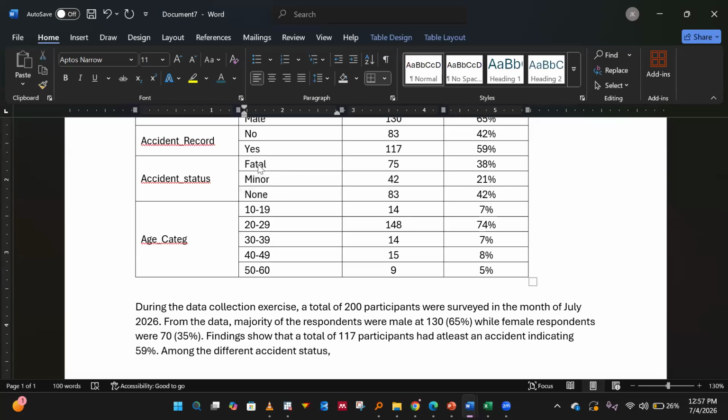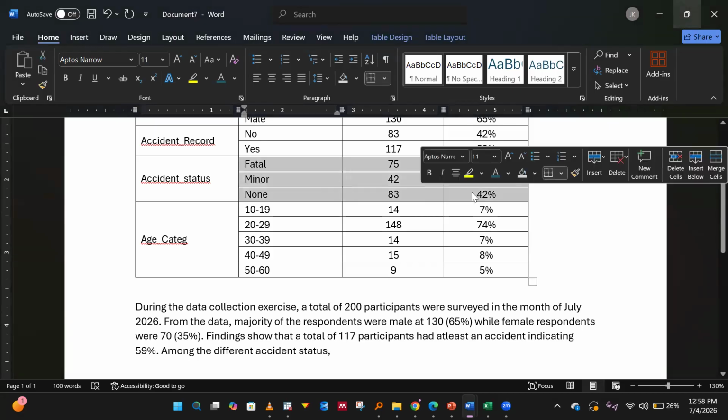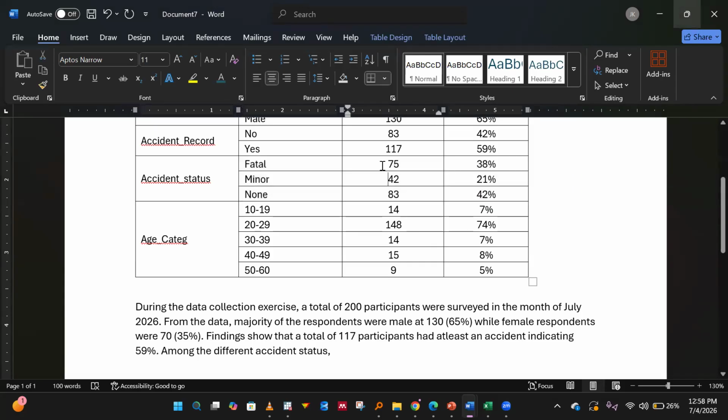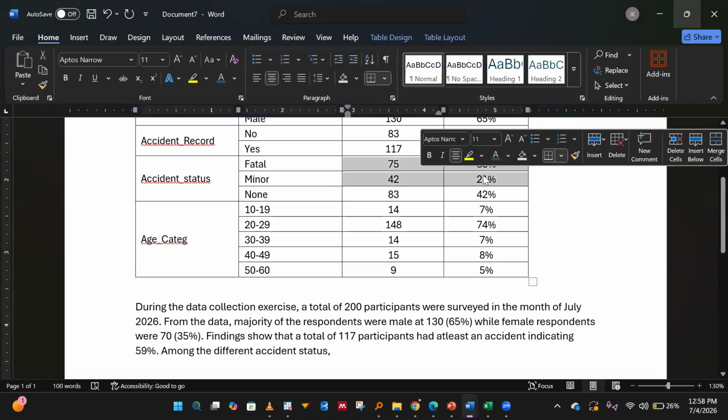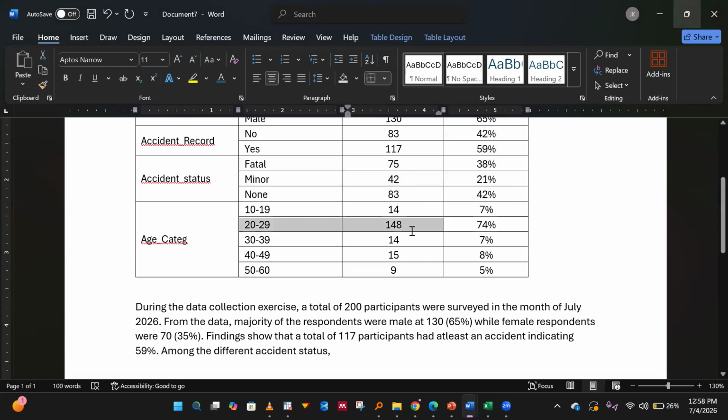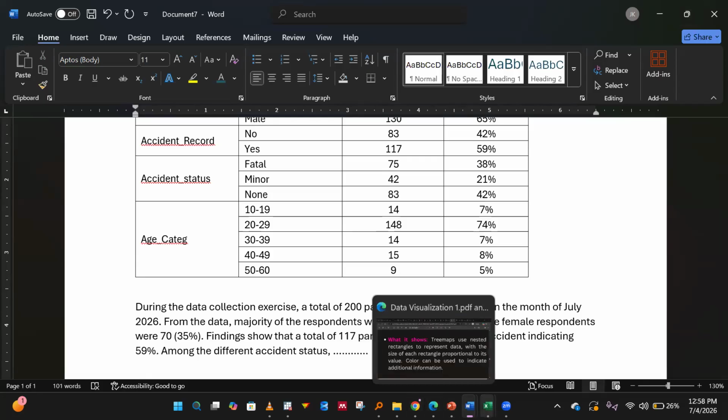So if you look at this, you can say none. We may not explain none. Okay? We may explain this too. Yeah, we may explain that. And majority of the people who had an accident were this. Okay? So you explain it in that state. This is what we mean by describing the data. Where do I bring these other parts of